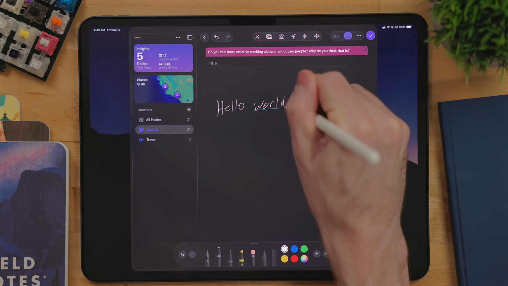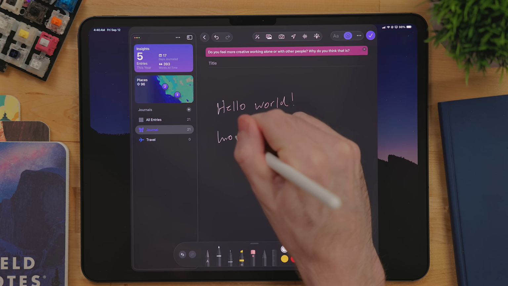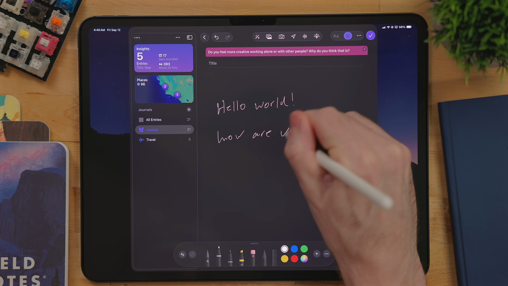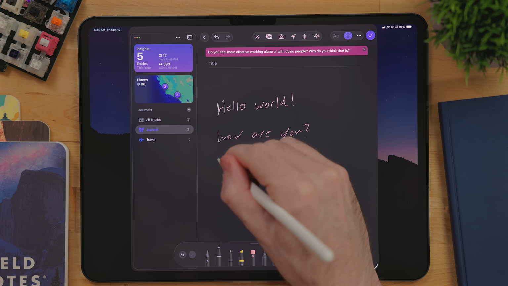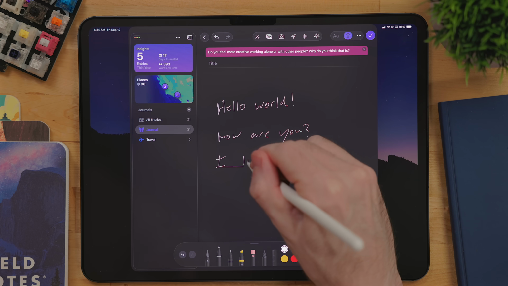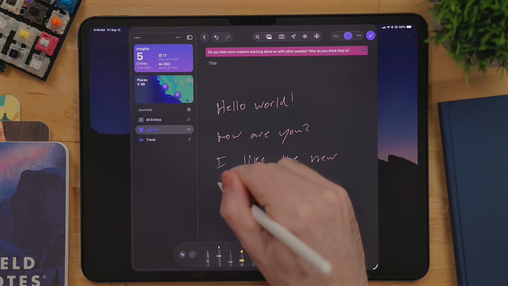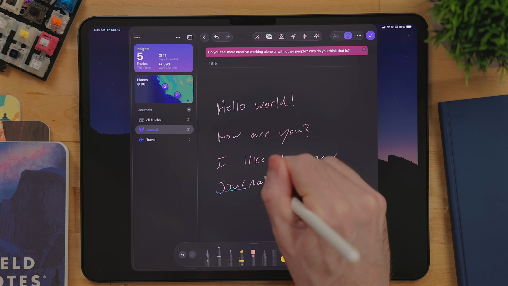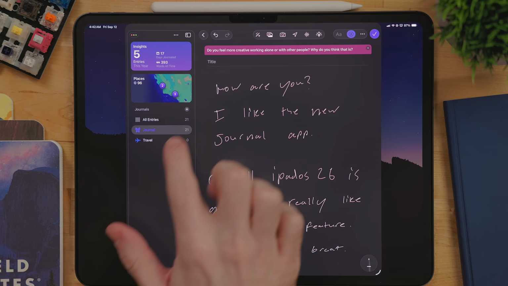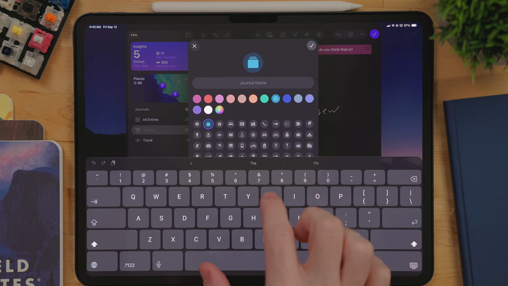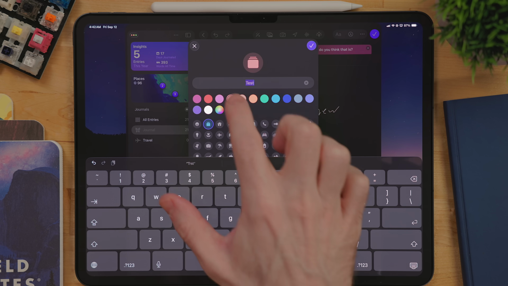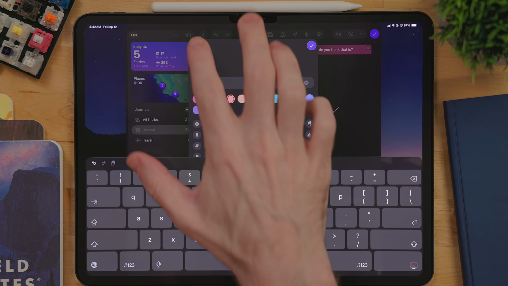Journal has Smart Script, a feature that came to Notes last year. What this does is it learns how you write, and then will clean up your handwriting and straighten it out for you. This doesn't replace your handwritten text. It just cleans it up so it's legible, or just a bit neater depending on your handwriting. Journal now has support for multiple journals. These can be found on the sidebar, so if you want to break things into home, travel, work, hobbies, whatever,